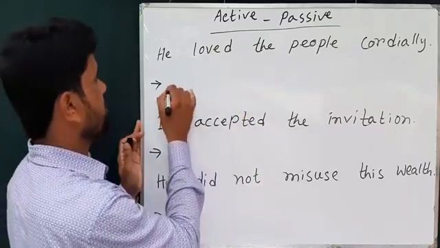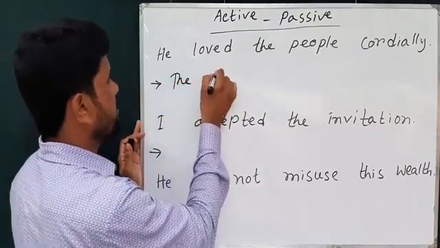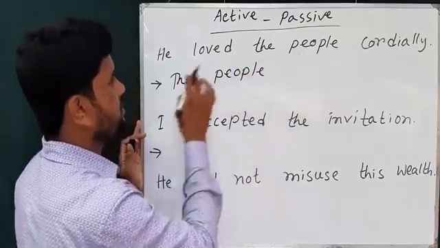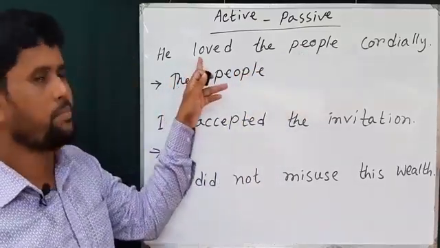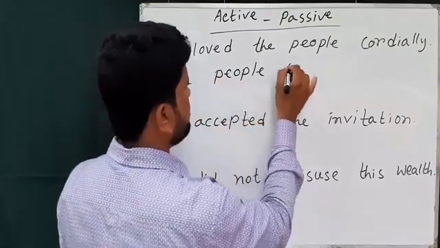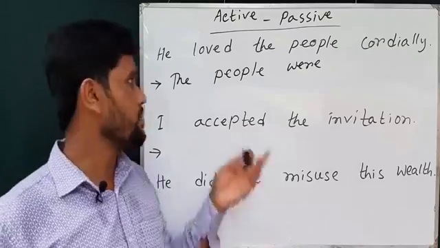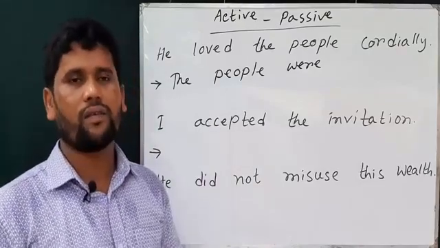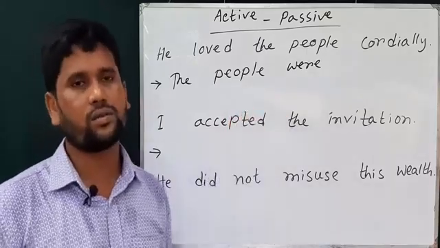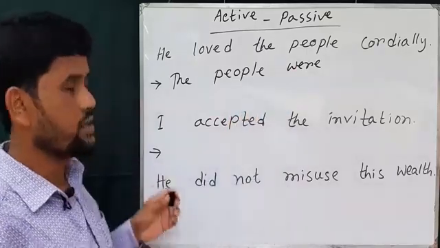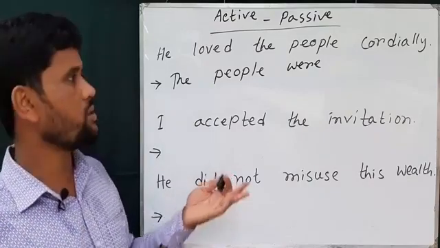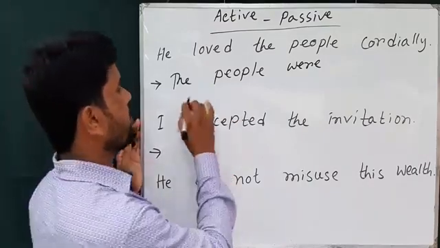So first we need to write the subject. We should turn the object into the subject. Then loved is the past form of the verb, so we use was or were. When the subject is third person singular or first person singular, we use was, otherwise we use were. অর্থাৎ সাবজেক্ট থার্ড পারসন সিঙ্গুলার হলে অথবা ফার্স্ট পারসন সিঙ্গুলার হলে ওয়াজ ব্যবহার করব, অন্য ক্ষেত্রে ওয়ার ব্যবহার করব। So the people were, then